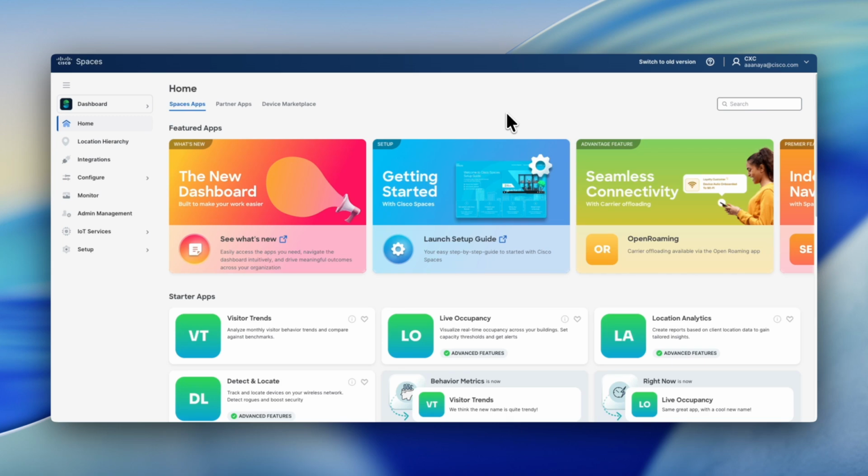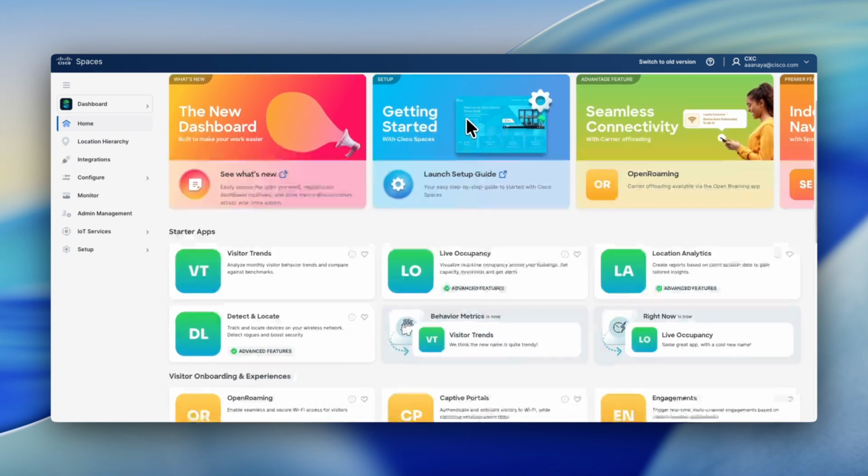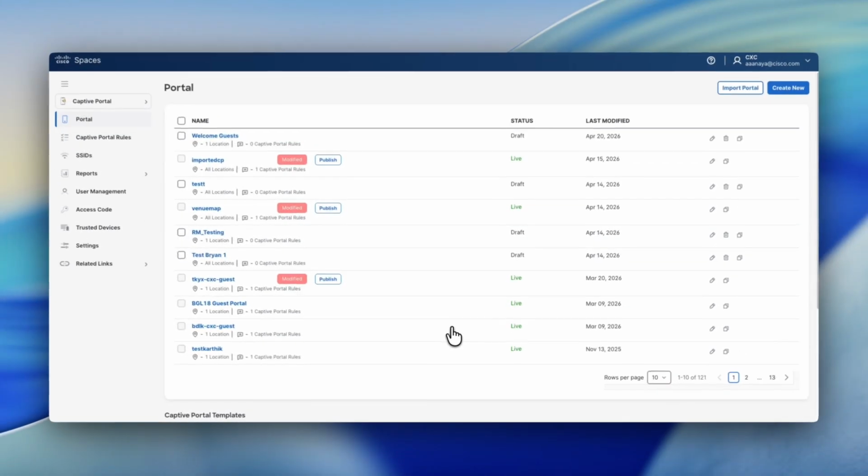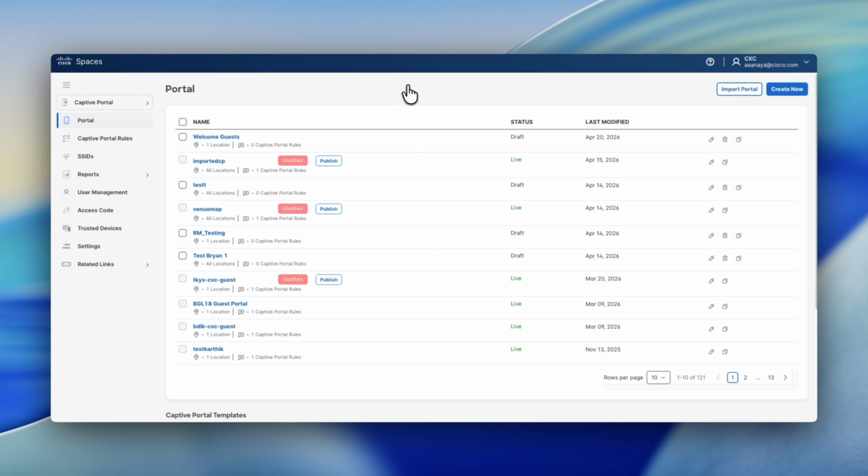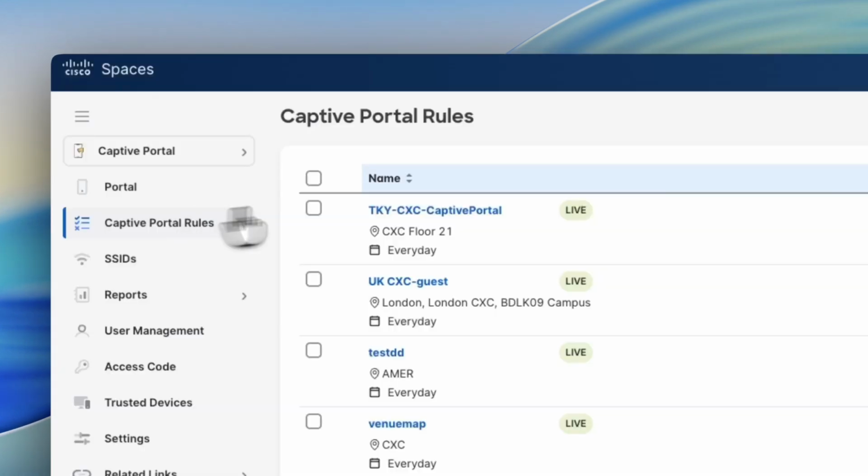Hey everyone, in today's video, we're going to be focused on configuring Captive Portal rules within our Captive Portal app. So let's scroll down and jump into the Captive Portals application within Cisco Spaces. Captive Portal rules are the tool that's going to bring your Captive Portals to life. It's going to add context for any vertical or use case or workflow that you're interested in providing for a Captive Portal experience. So if we move over to the Captive Portal Rules button on the left-hand menu,